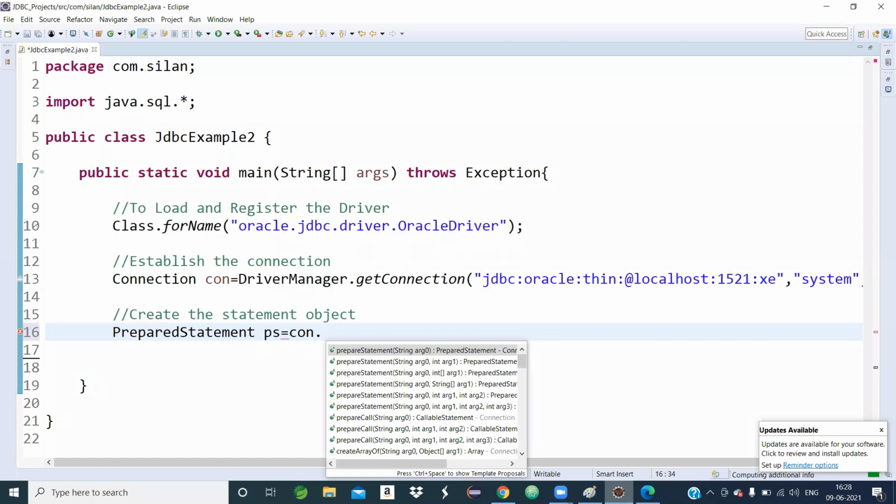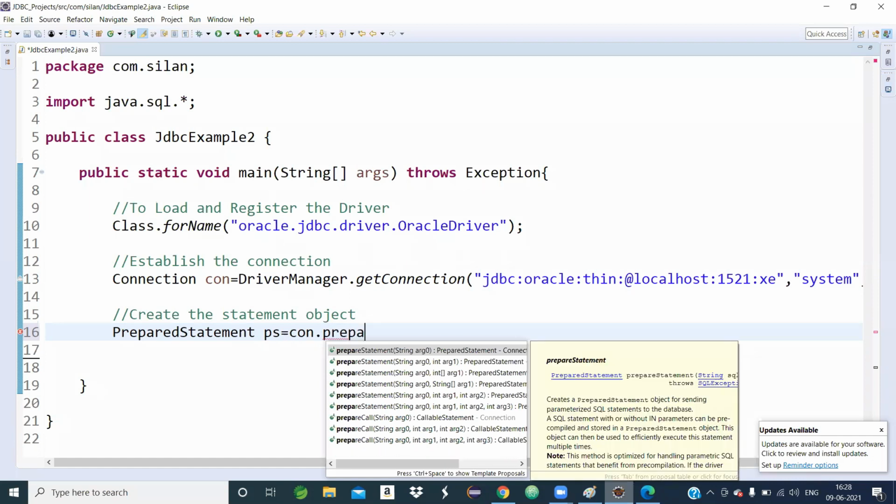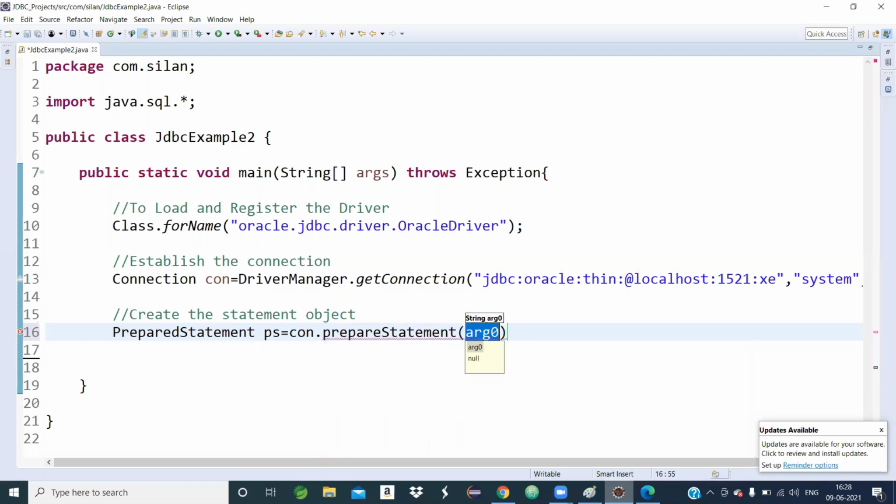So what I'm writing, just to see, con dot, there is a method prepareStatement. It is a built-in method coming from the Connection interface. That's why it is invoked by the connection object con.